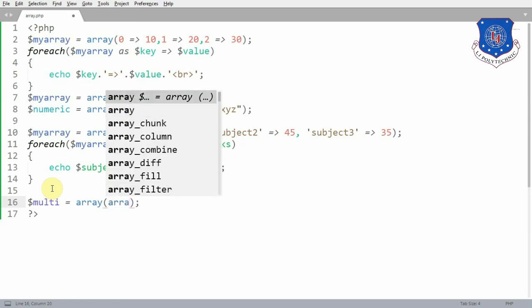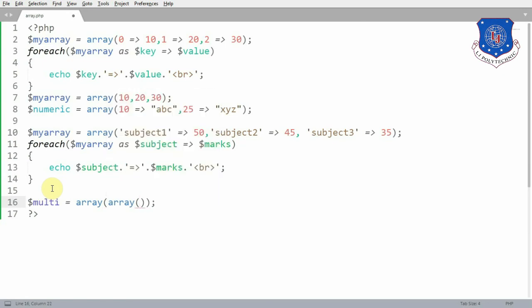So let's declare another array inside this array and declare two elements into it.